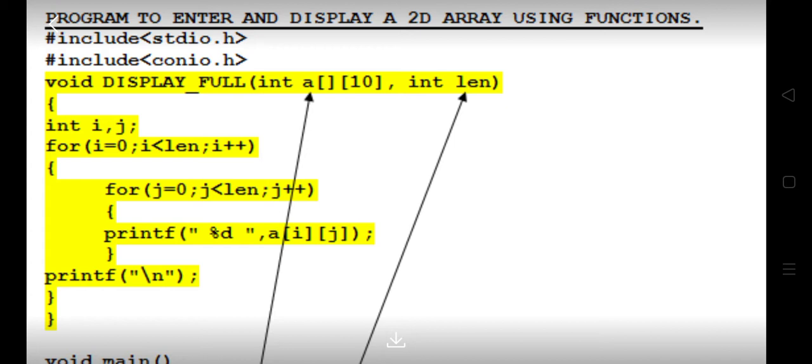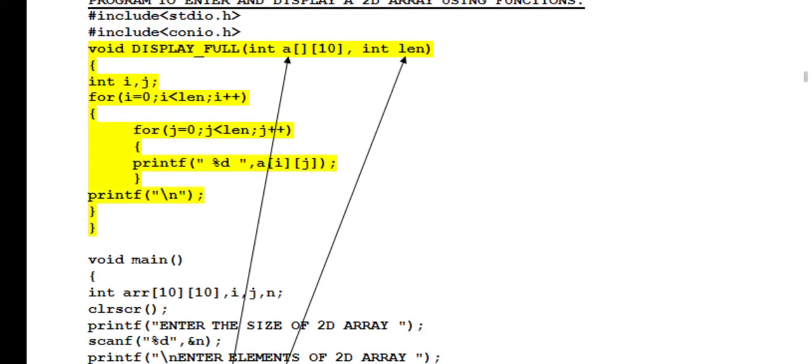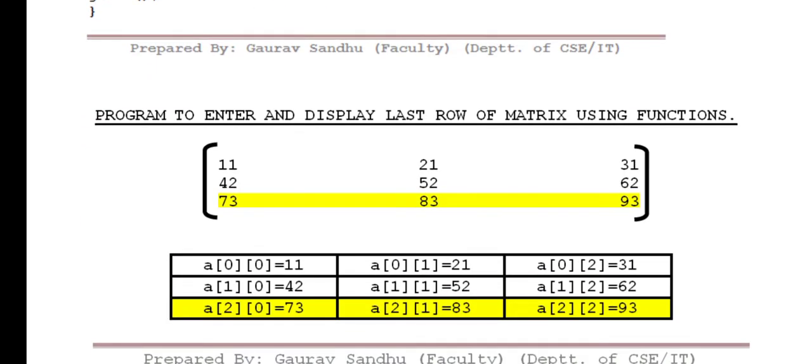If it is absent, then it would be impossible to find out when a row of a 2D array gets over, and it will be impossible for the compiler to find this out. So that is why the second dimension has to be provided when passing a 2D array.